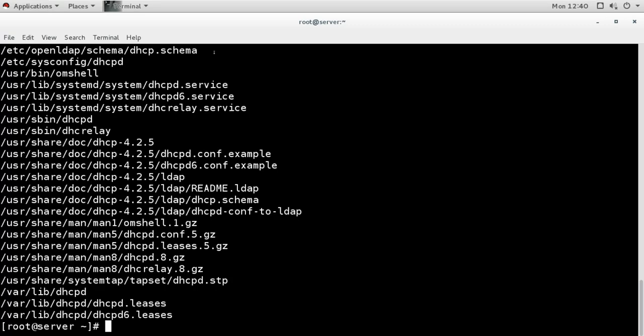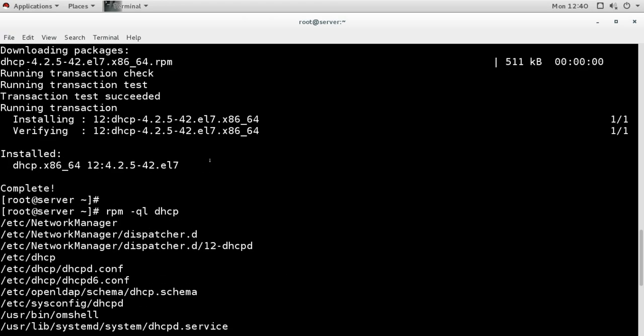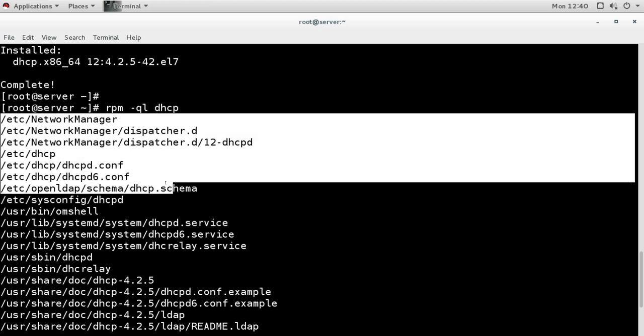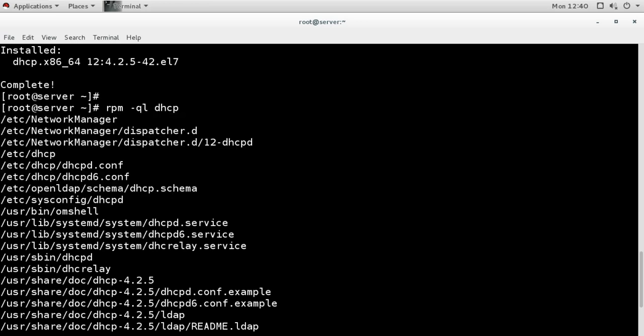So these are all the files. Under etc we have all the configuration files. This is the main configuration file for IPv4, and in case you want to configure IPv6, then this is the file for configuring IPv6.